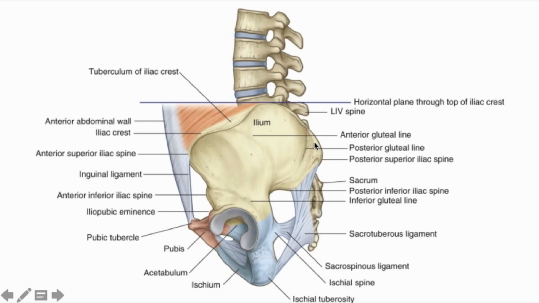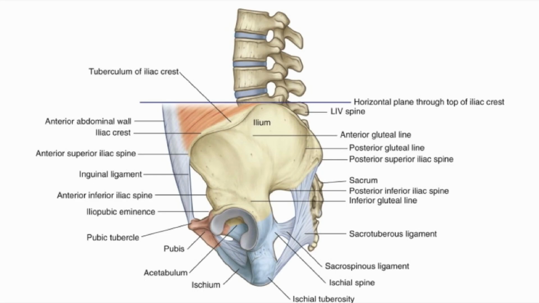This top of the ilium is referred to as the iliac crest, and it extends anteriorly to form the anterior superior iliac spine, and posteriorly as the posterior superior iliac spine. Let's see. What else is important on here? So we have